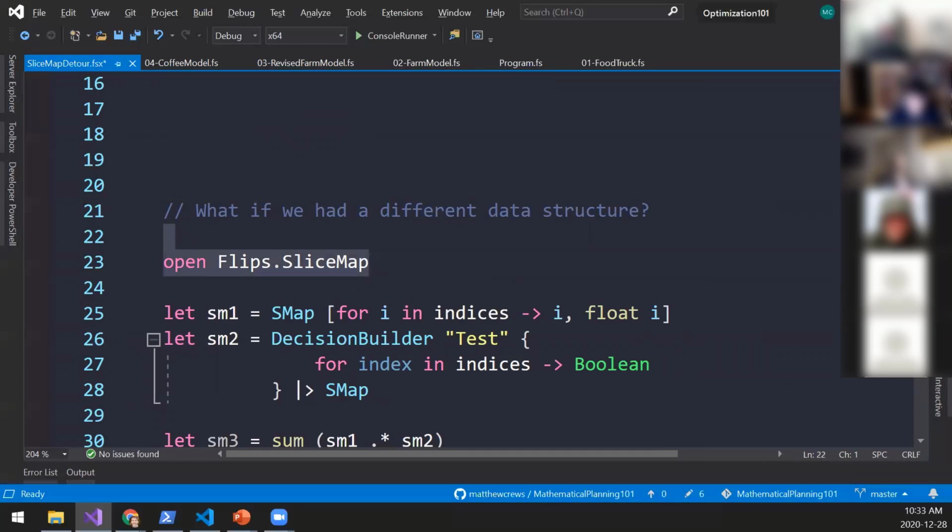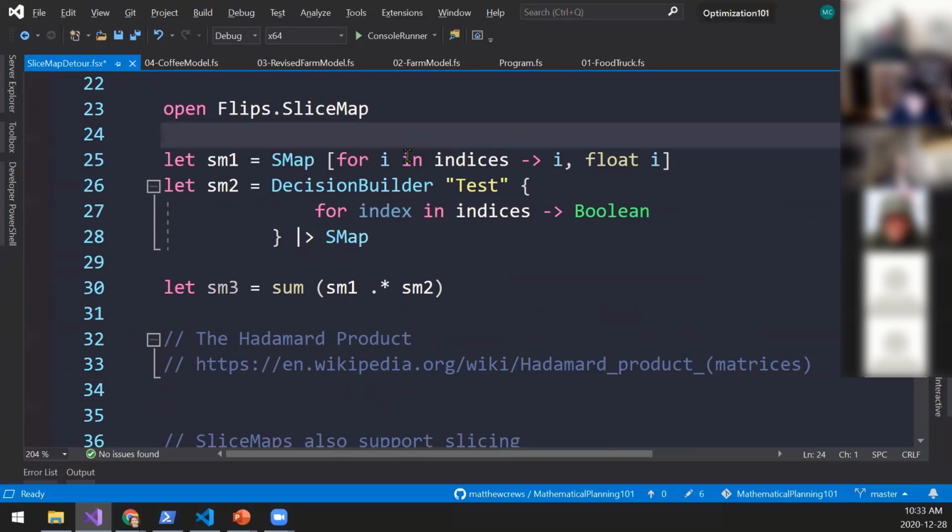Go ahead and open that up. Not going to be terribly exciting, but a slice map is basically a map, but it adds slicing, so you can slice along dimensions much more easily, and it makes summing easier to express for someone who comes from the mathematical planning optimization side.